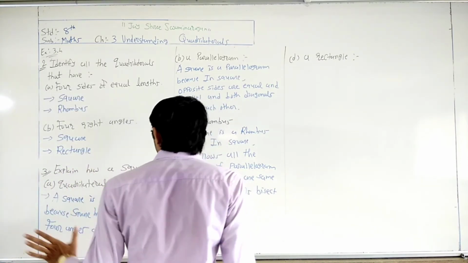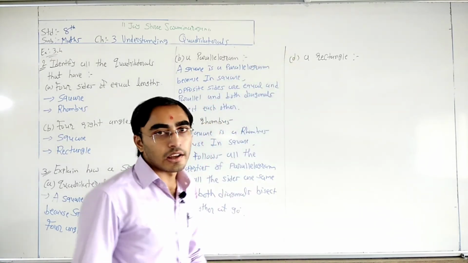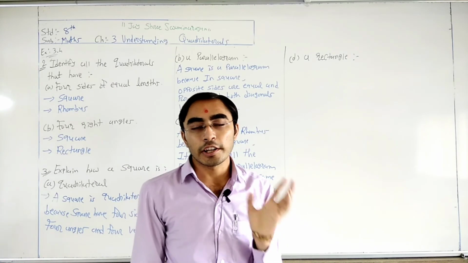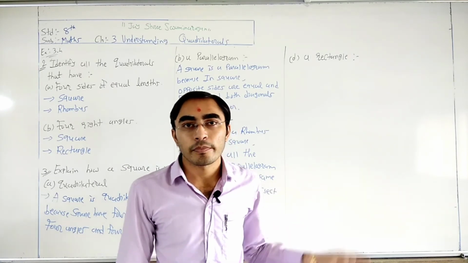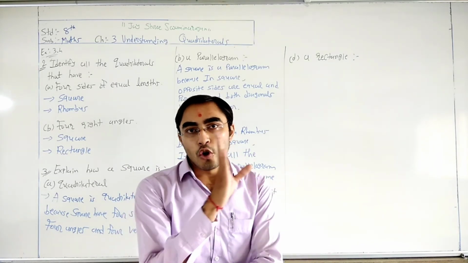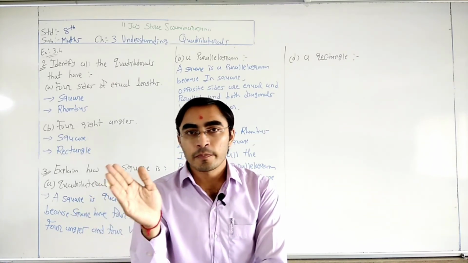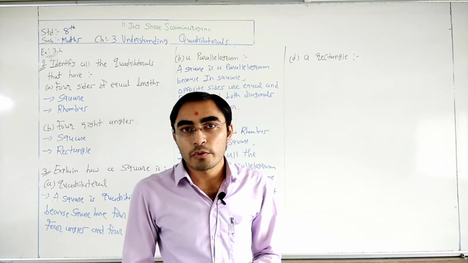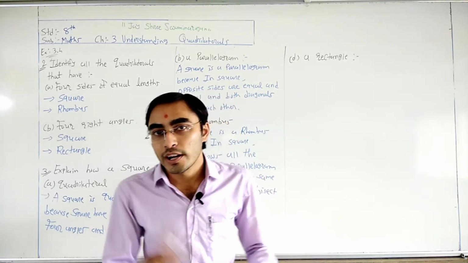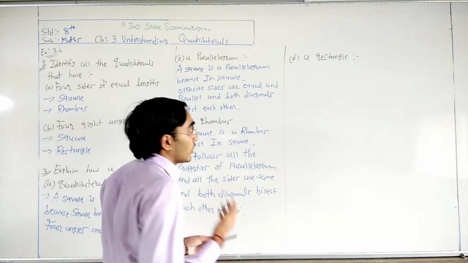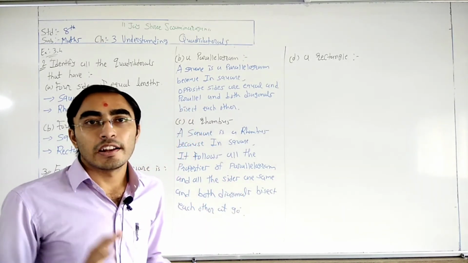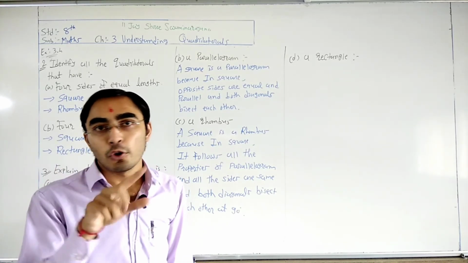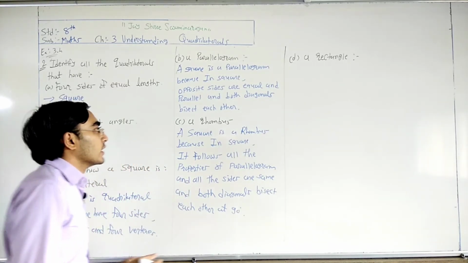Okay. Now, how is a square a rectangle? What are the required properties for a rectangle? First of all, a rectangle follows all the properties of a parallelogram. After that, for a rectangle, all four angles are 90 degrees and both diagonals are equal. That is the required property for a rectangle, and that we already have in the square, because in a square both diagonals are equal and all four angles are equal to 90 degrees.